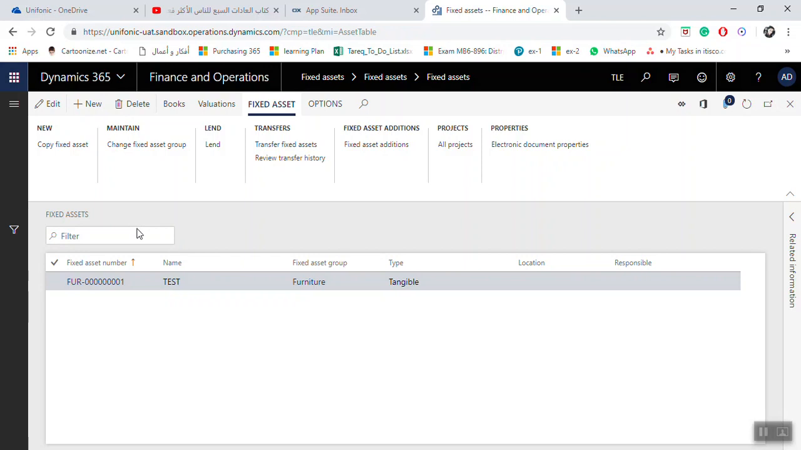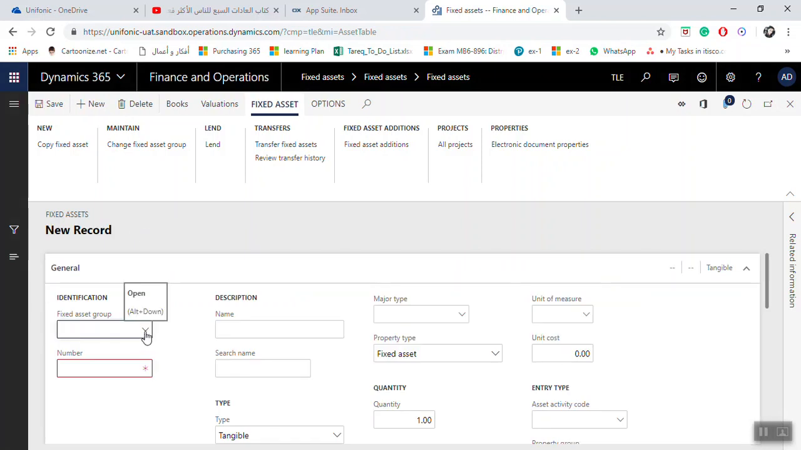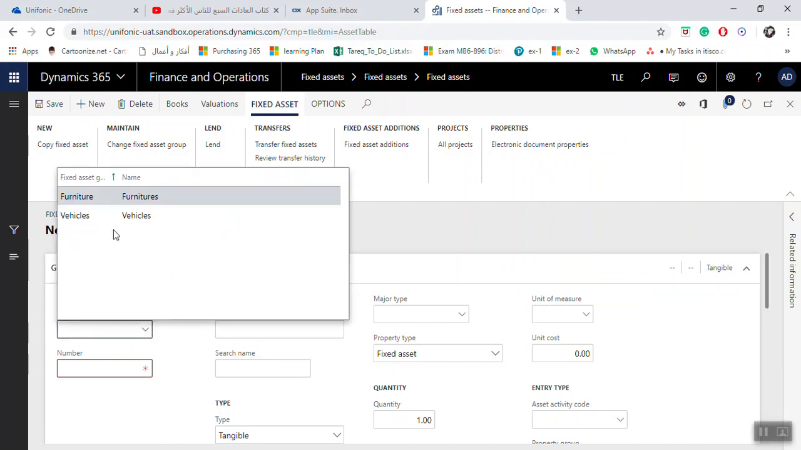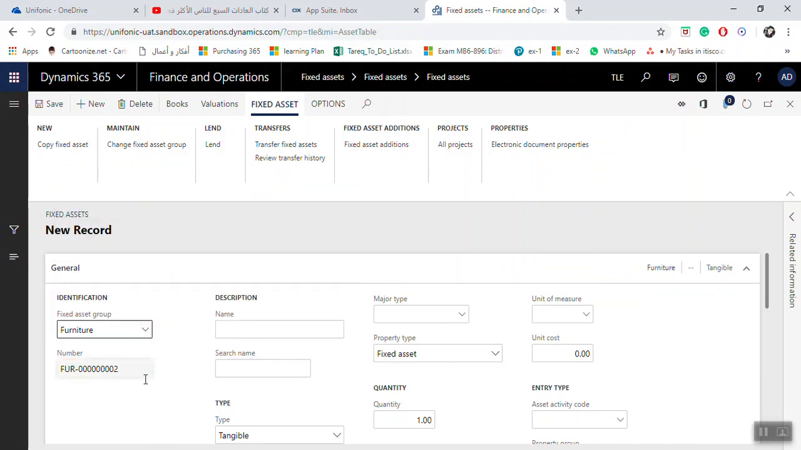Click New. Here the first step, which is very important, is to select the fixed asset group. What is the fixed asset group? For example, furniture. As you are seeing here, the number sequence will be furniture 002, as per the setup in the fixed asset group. Here is the name, for example, will be